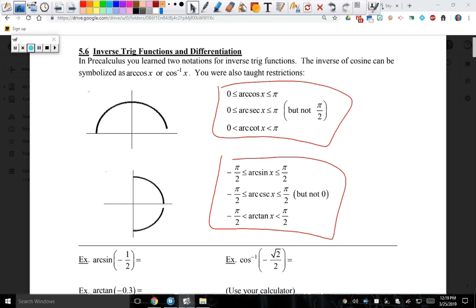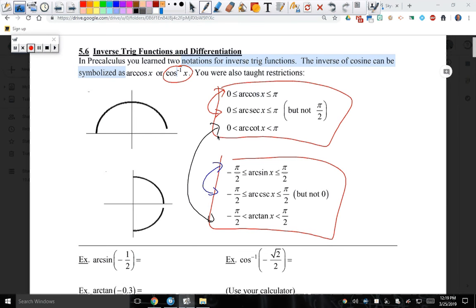So, if I'm looking at arc cosine, which is right here and here, or if I'm looking at arc sine, which is right here and here, and last but not least arctangent, which is here and here, I'm looking at the ranges for you to know so that if you go to your calculator and you were to do this, if you put arc sine